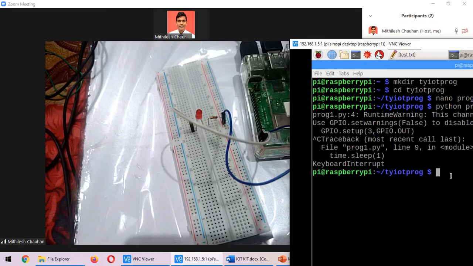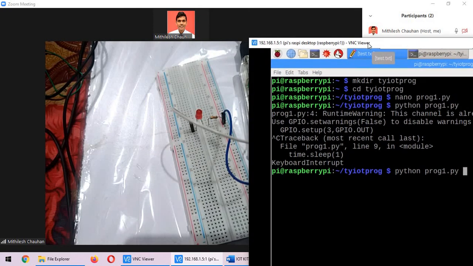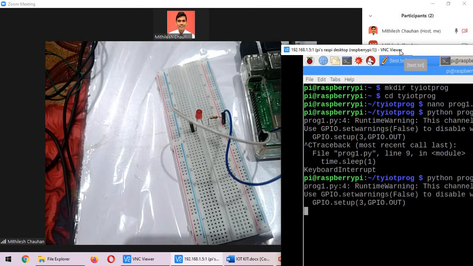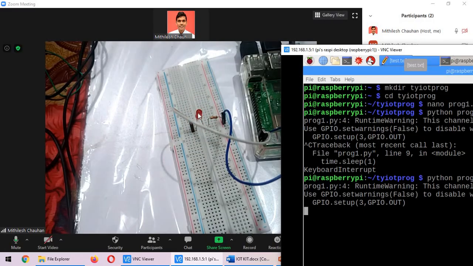So let us run the program again. Again I'm typing the same command, python prog1.py, and I'm pressing enter. So the LED blinks again.